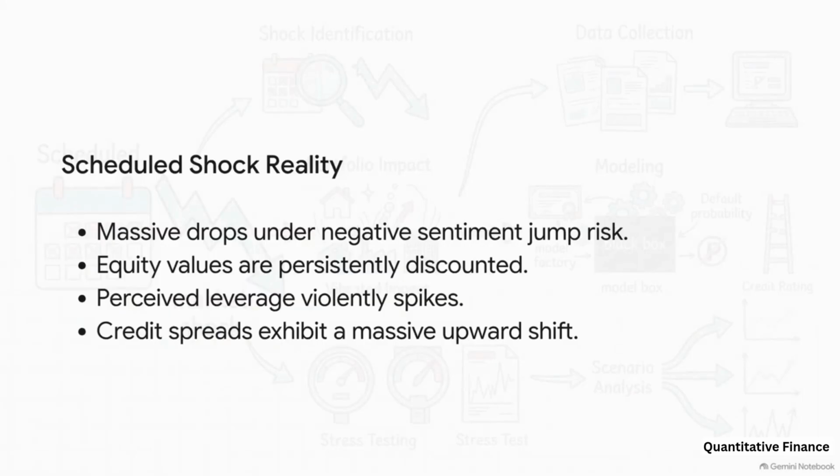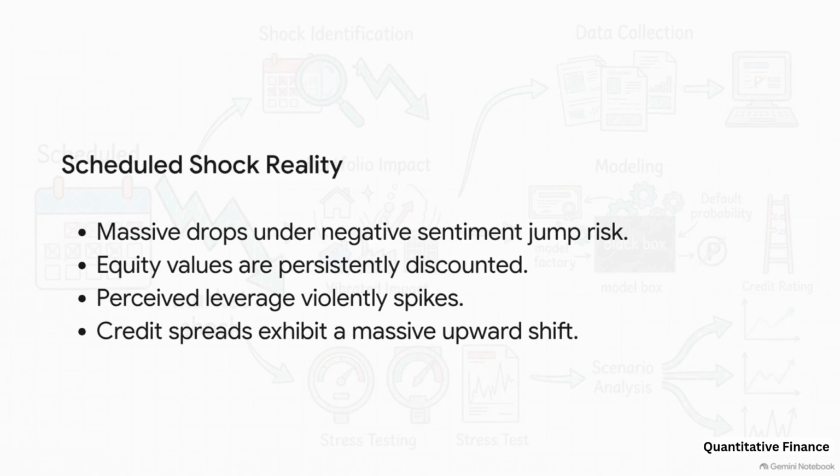Okay, in panel A, check out the red dotted line. It shows the asset value absolutely plummeting under negative sentiment jump risk, right at the 0.25-year mark. Compare that to the blue baseline model, which barely reacts at all. Now, shift over to panel B. Because investors are anticipating these future shocks, the equity value, again, the red line, is persistently discounted well before the